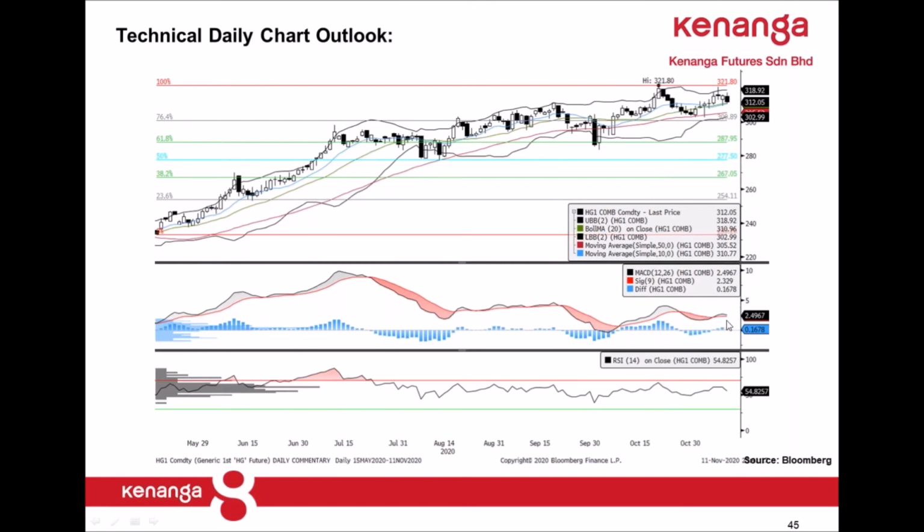But bear in mind, there is some weakness in price in terms of divergence: comparing the price higher high, the MACD doesn't record a higher high. So you have to bear that in mind. If this crosses down and goes below negative, there could be a larger correction in copper price, but nevertheless, it's too early to tell. For now, it will still be on a steady uptrend.